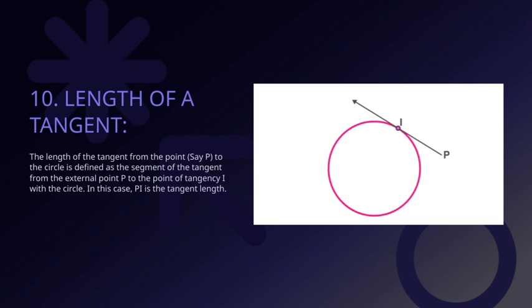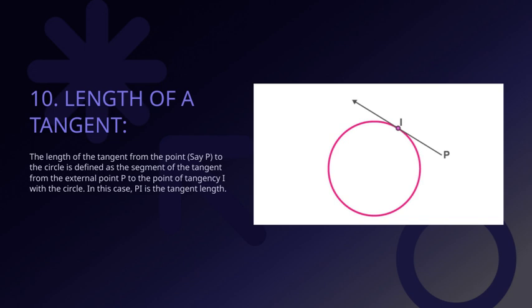In simple terms, you can think of it as the straight line segment that touches the circle at exactly 1 point without crossing it. In this case, the length of this tangent segment, from P to I, is what we refer to as the tangent length. Understanding this concept is key because it helps us analyze distances and angles involving tangents, which are fundamental